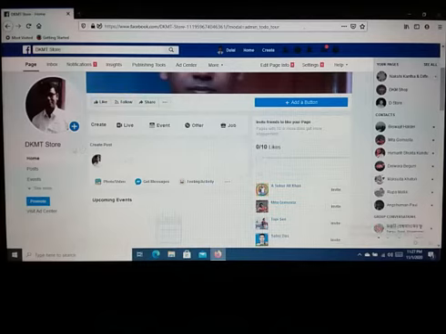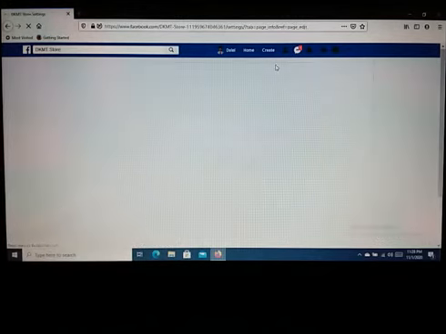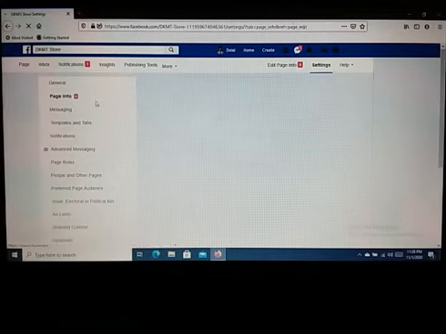Now click on edit page info. Now I have clicked on this option. Then you will see more options.